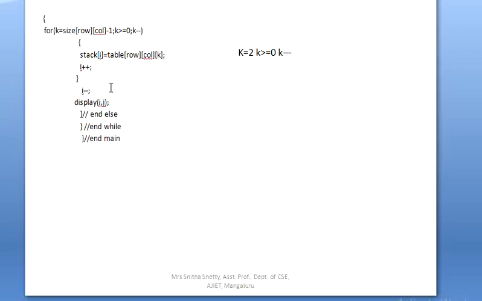After coming out of the for loop, I minus minus. So I reached 4, right? Now I becomes 3. Here I becomes 3 because I was 4, right? And j is still 0. So now you are calling the function display I comma j. That means you are calling the display function with 3 comma 0.